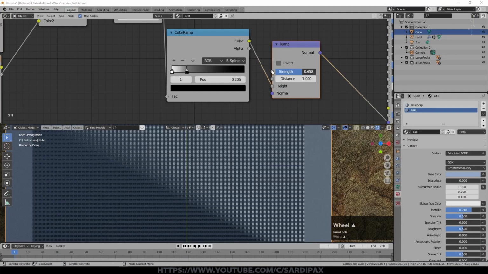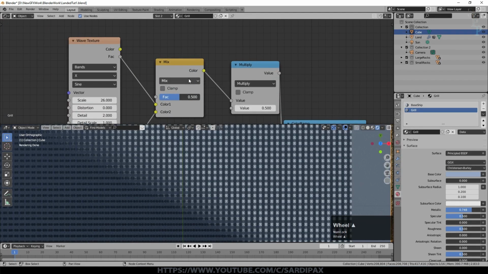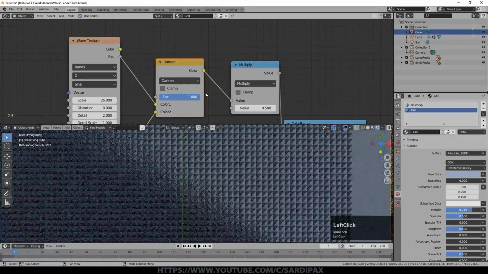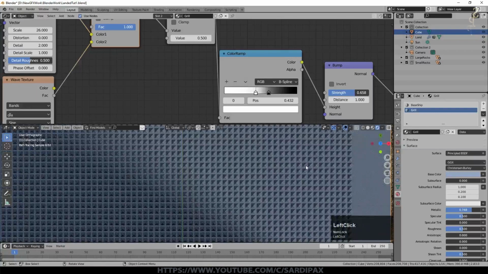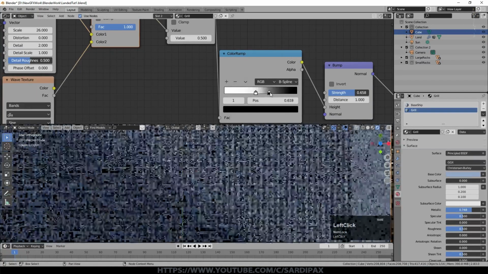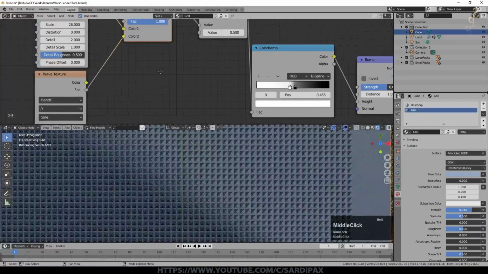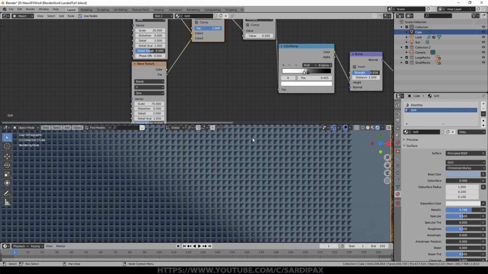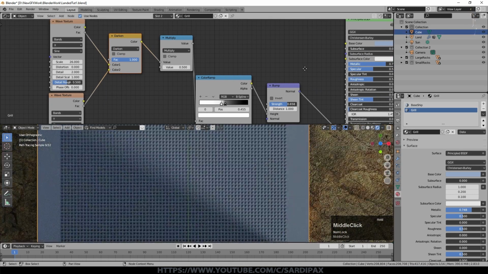In addition, to give the idea of an element of dirt, what I also did, what I forgot to mention, was change this mix shader to darken, set the factor up at 1. And then you can play around with the color ramp in order to get something that looks a bit like a grid. Bearing in mind, you're not really going to be looking straight down at it. You're going to be looking at it from an angle. And obviously you can play around with the scale on these wave textures as well if you want a higher or lower frequency. But it occurred to me that there'd be a certain amount of dirt tracked across this grid.